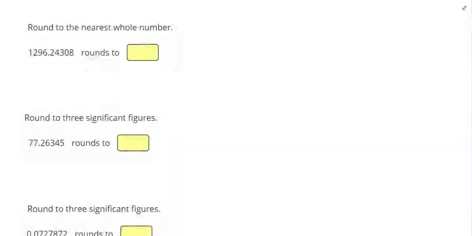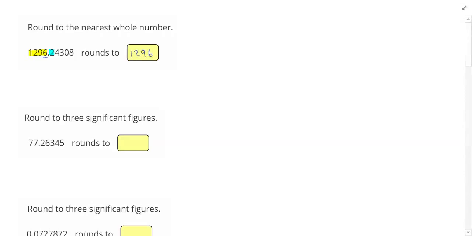Later. So our first question says round to the nearest whole number. So that means I want to keep everything on the left side of the decimal point. The only thing I have to ask myself in these problems is, should the last number change? I answer that question by looking at the neighbor, so looking at the next number. If the neighbor is bigger than 5, I'll change the last number and only the last number. In this case, it is not. So my answer to this problem is